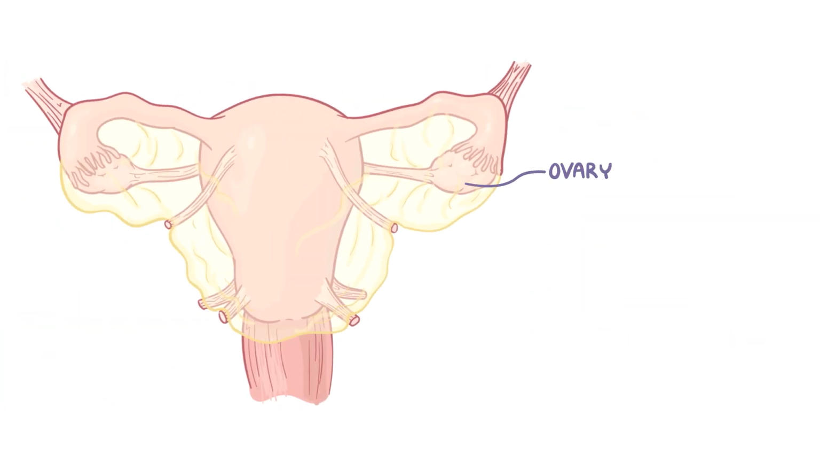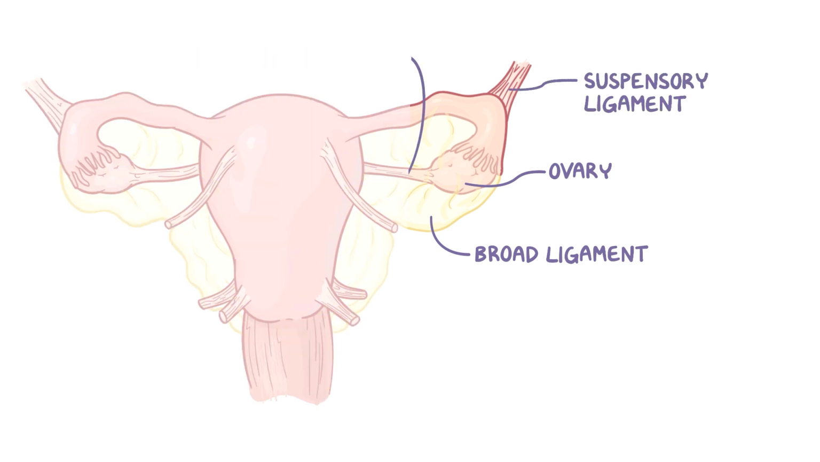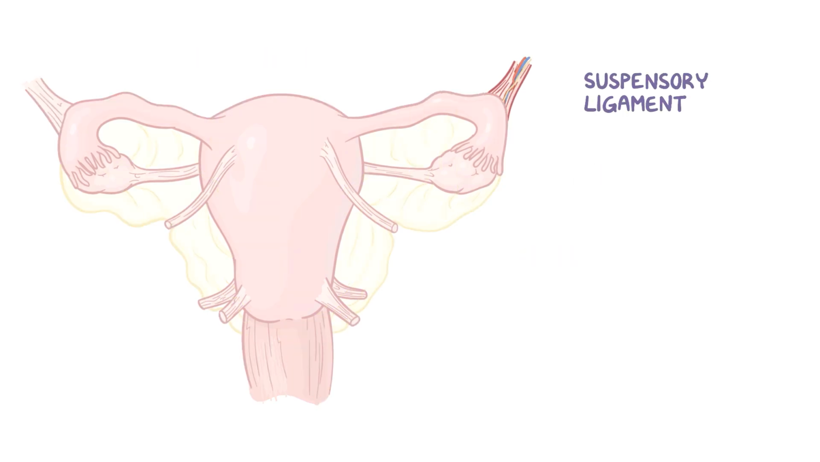The ovaries are a pair of whitish organs about the size of walnuts. They're held in place slightly above and on either side of the uterus and fallopian tubes by ligaments. Specifically, there's the broad ligament, the ovarian ligament, and the suspensory ligament. And the suspensory ligament is particularly important because the ovarian artery, ovarian vein, and ovarian nerve plexus pass through it